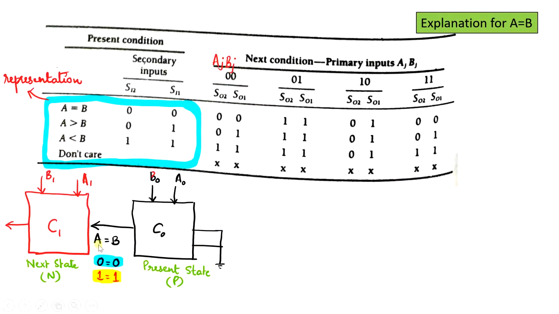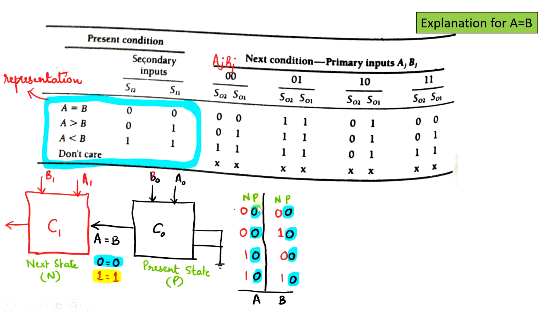When I am going to give this to the next state, I can have these 4 possibilities. I can have it to be 0, 0, 0, 1, 1, 0, 1, 1. So for that, what I am doing is, I am representing the present state. That is, I am considering only the first one, that is 0, 0 condition. So present state is represented, and the next state is represented in the form of AJ, BJ. So you have 0, 0, which is indicated in red color, 0, 1, 1, 0 and 1, 1.